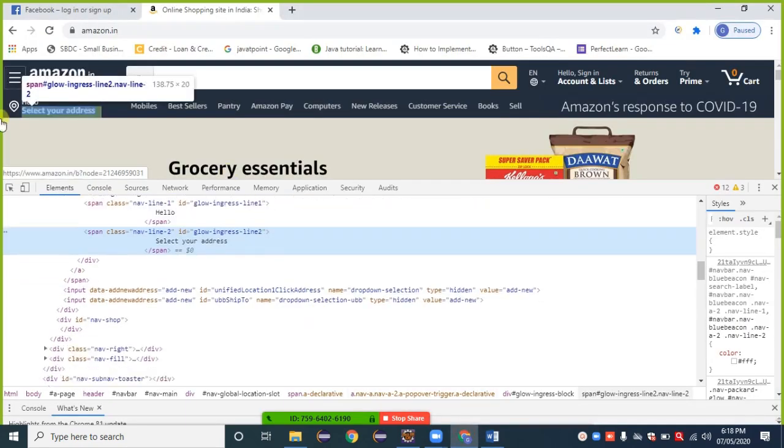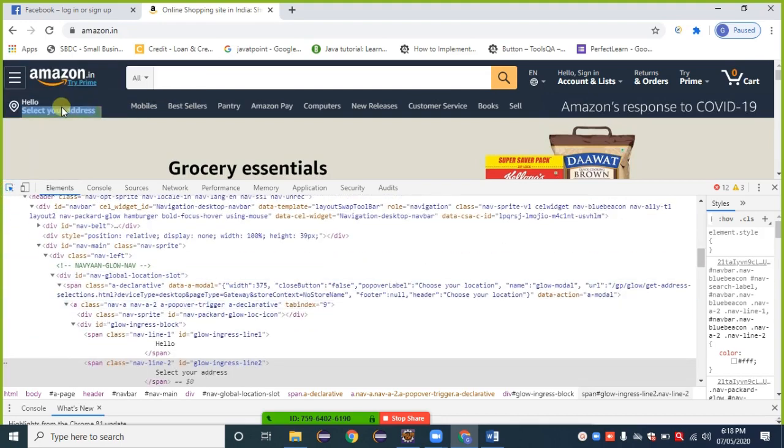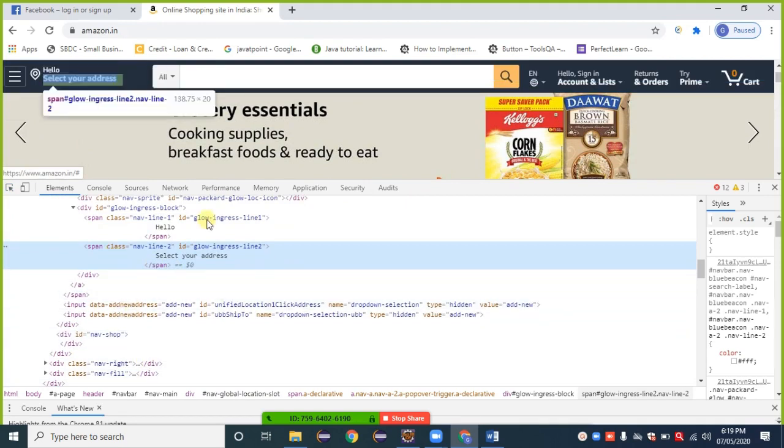Let's check inside this code. We can get a ready-made XPath from the browser also, but we are not following that because sometimes it is wrong. Hence here we are creating our own XPath by using syntax. So here I am inspecting this element, the select your address button available here. When I take the cursor on that blue line, this web element gets highlighted, that is, select your address. For that HTML structure, I am generating the XPath.